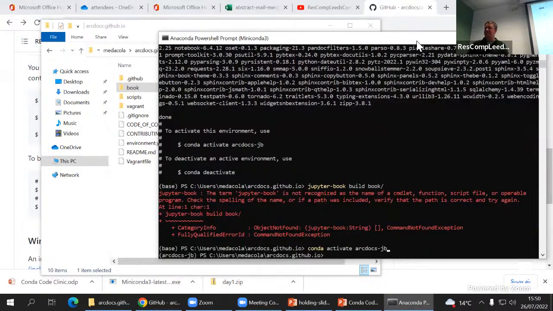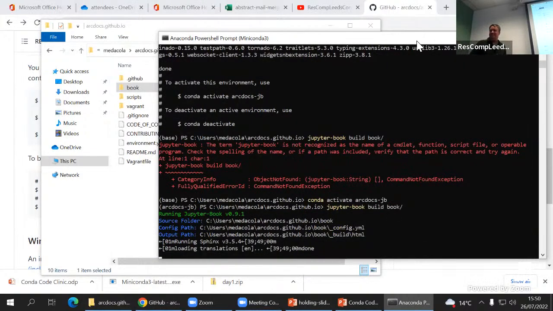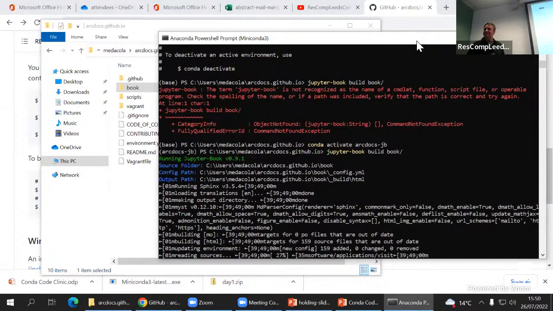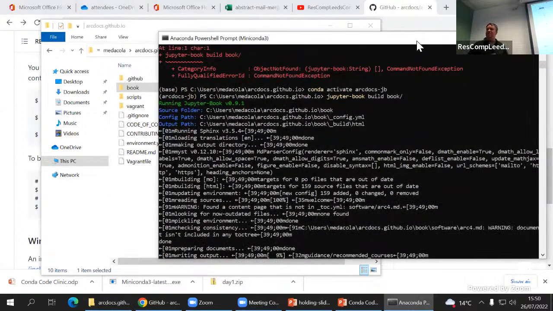Alright, so that's activated my environment, so hopefully I can now build. And you can see your brackets at the edge showing you what your currently live environment is. So this is kind of jumping out of Conda specific stuff, just shows that our environment's working. If you're on Linux, all those horrible symbols would be nice colours. Yeah, and if you're on Linux, it'd be finished by now as well. Sphinx is notoriously slow in Windows,